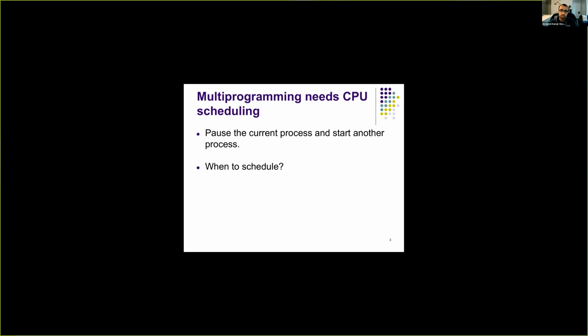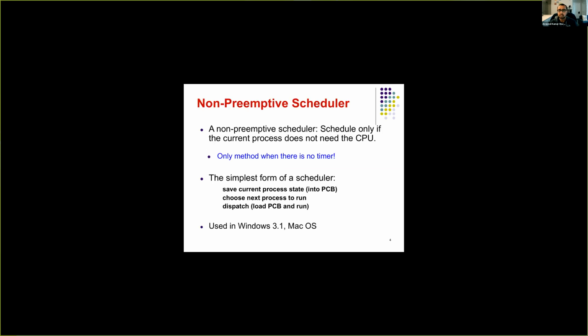And an important question in the case of multi-programming systems is when to schedule. So what is the right time to pause the current process and start another process? So let's look at the simplest scheduler. When do we want to pause the running process and do the scheduling, right? The simplest scheduler is called